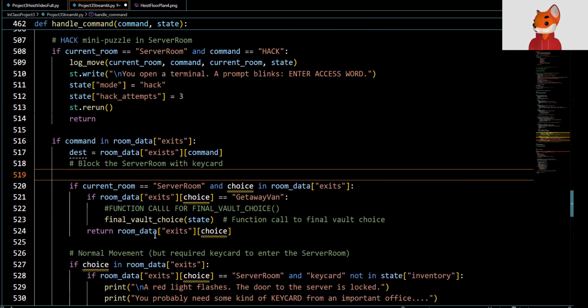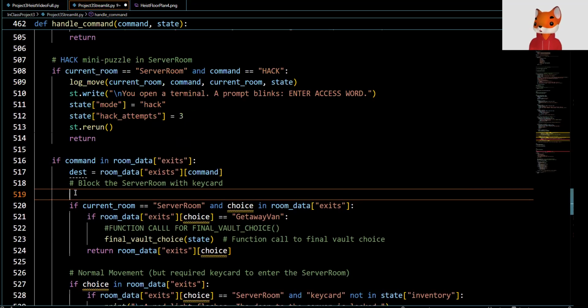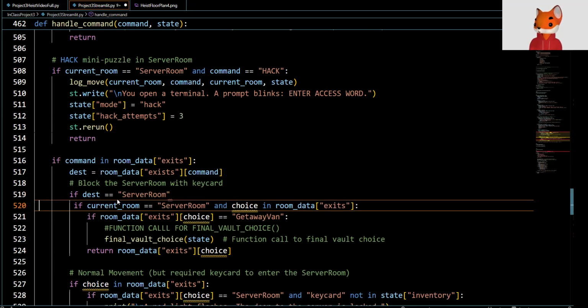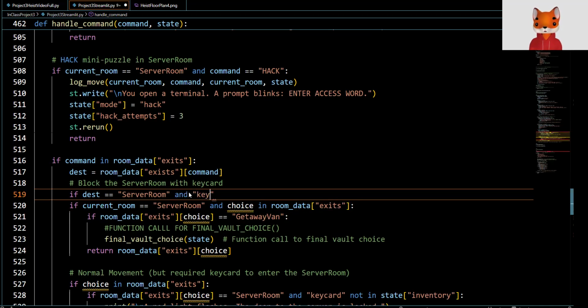So we're going to say if the dest variable that's holding the values at the very top here is equivalent to server room, and key card is not in our state inventory,